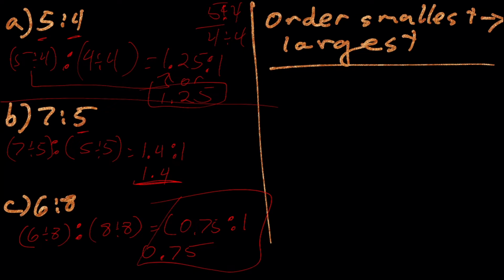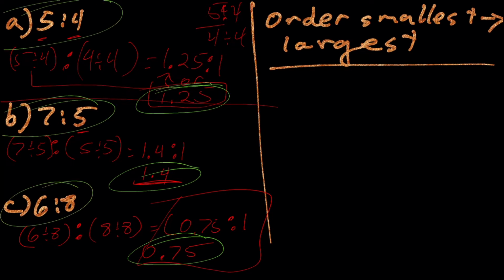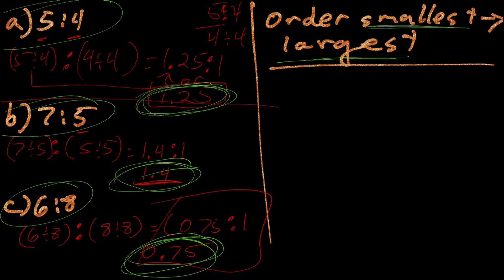All right, now what I'm going to do is take these and order them. In order to order these, I'm going to put them in order, and I'm using this part to show where it would go on a number line. I'm going to write it from the smallest one to the largest. Looking at the ratios, it's kind of hard to tell, but I'm going to explain that in a sec. So looking at these numbers over here, obviously,